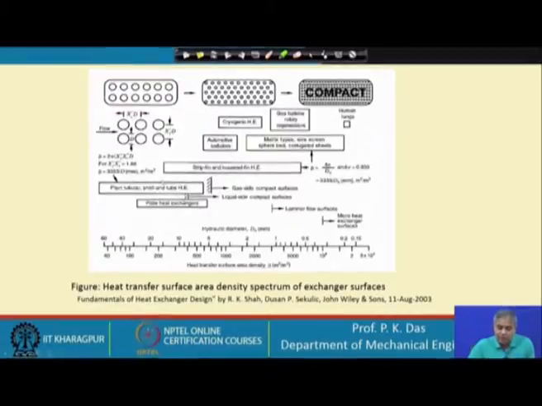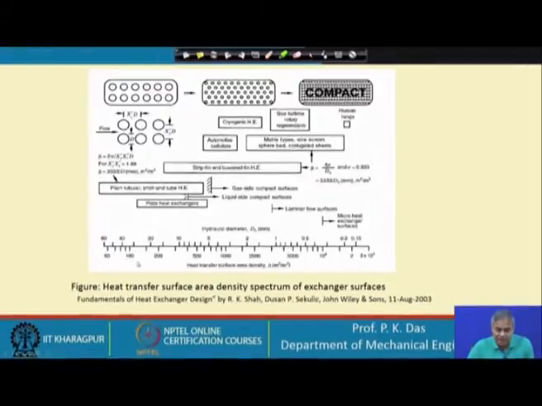So, this is more or less one heat exchanger which has a small surface area per unit volume, and if we consider the human lung, this is one exchanger. Let us not call it a heat exchanger; it has the largest amount of surface area within a given volume. Based on a scale, this scale has been put at the bottom of the figure.